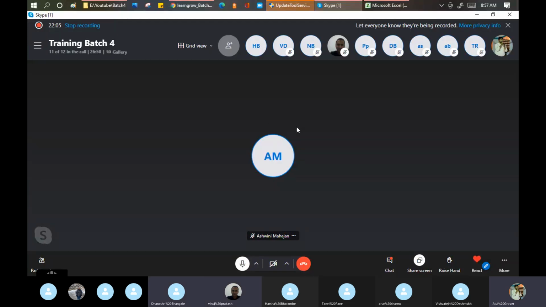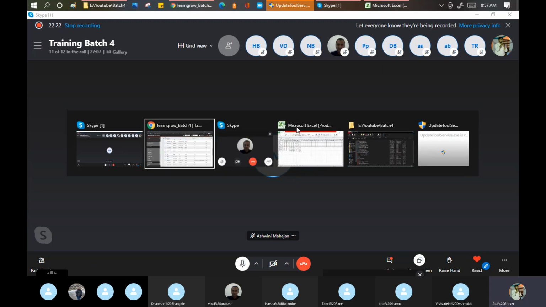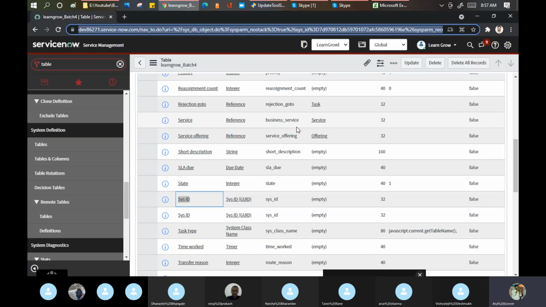If in a single class we have two Nikhils, we identify them by roll number: Nikhil roll number 1, Nikhil roll number 15. In the same manner, ServiceNow says that if you want to identify whether any record is unique, I am giving you a field called the sys ID.